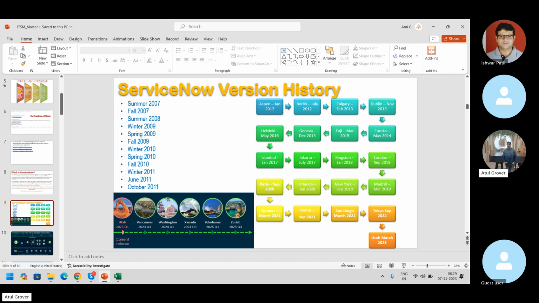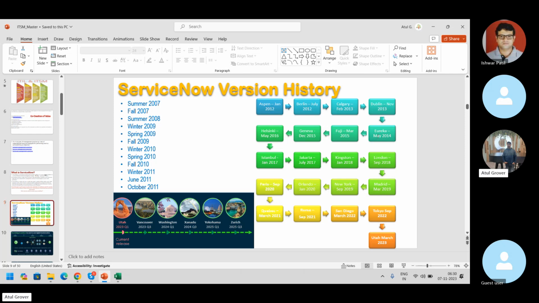I started working somewhere around Eureka or Dublin. I started in 2015, but my client was using Eureka. So I'm from this particular release, and now I'm on this release. So I see the progress in ServiceNow. When I started working with ServiceNow, people said it is just a ticketing tool. And if you knew how to raise a ticket in ServiceNow, you were a master of everything. You would be like a gem in the team. Oh, you know how ServiceNow works. That's good. But now ServiceNow is so vast.